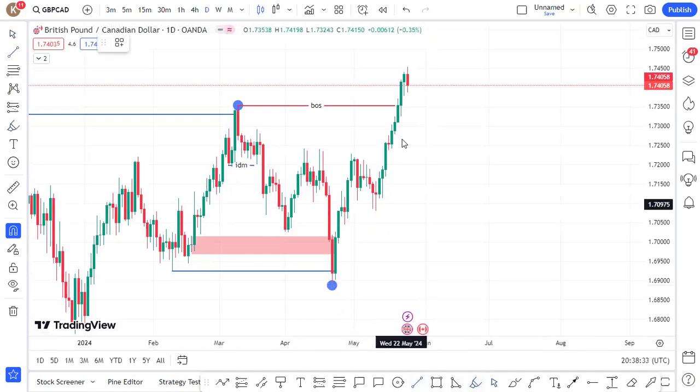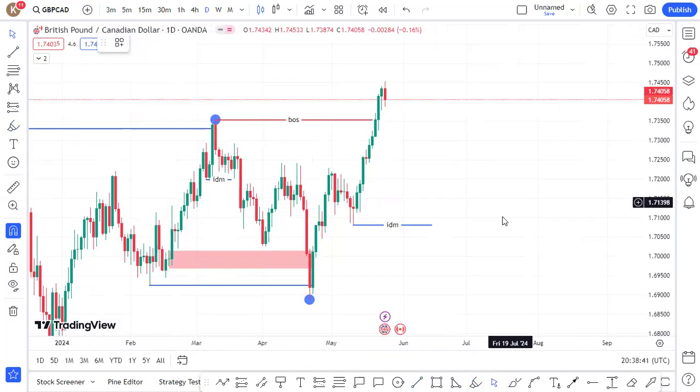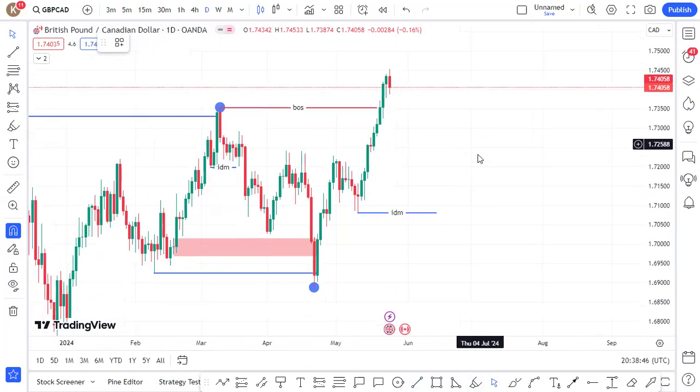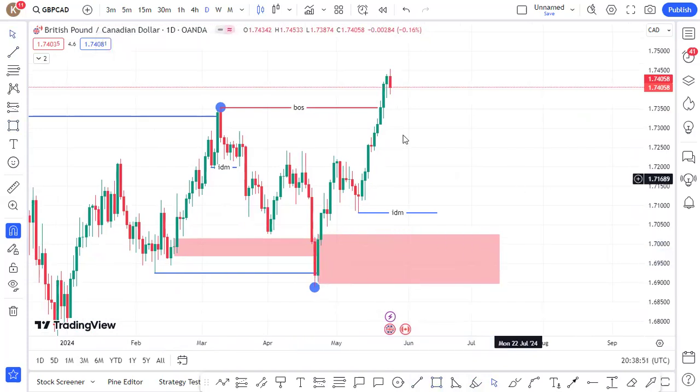Once this is a major low, it is the inducement, because remember, you need inducement according to what we have right now. You can see this is the only inducement we have, but this is a daily time frame. So the price is really, really strong, pushing to the upside. If the price tries to come back and take out the inducement, this will be our point of interest. But just before that,